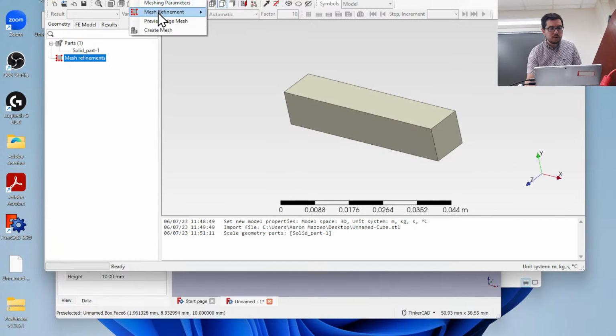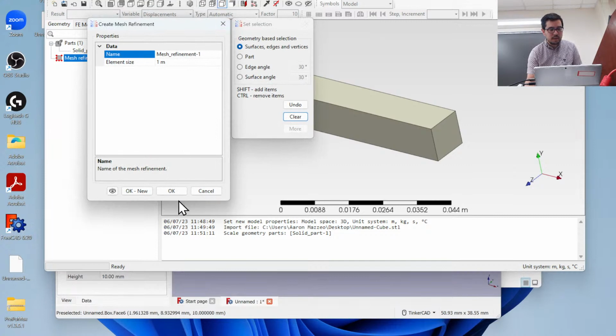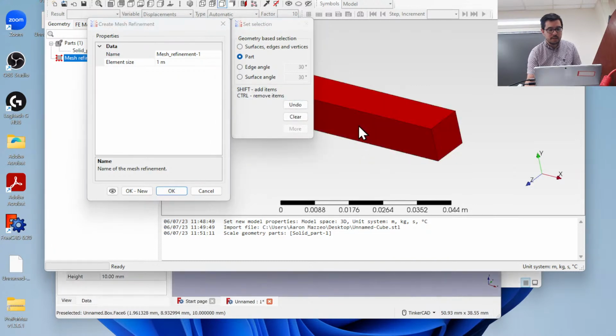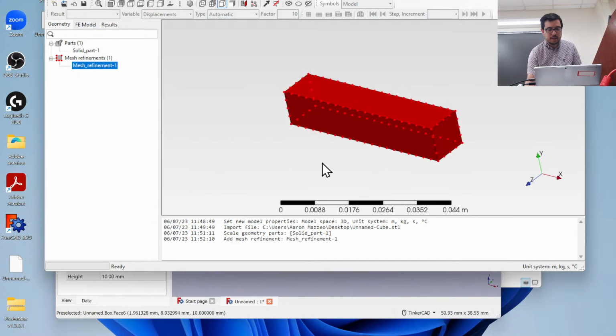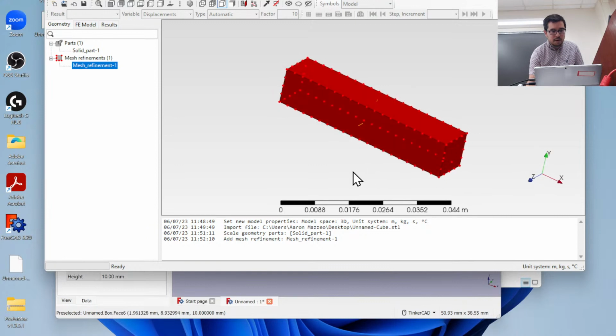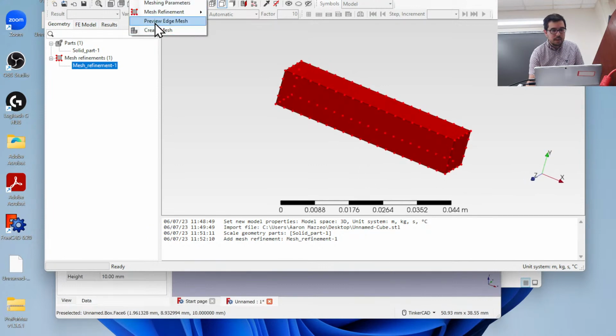So we're going to create a mesh like this, and we hit OK. We're going to do it on the part. Or hit OK. Oh, sorry, I had to click it. There we go. Now, it's not the greatest, but it is a mesh, and so you